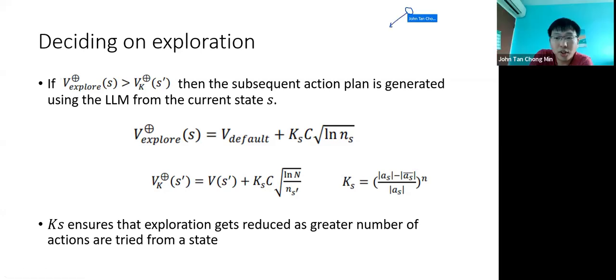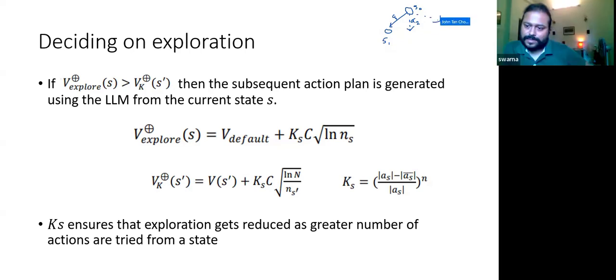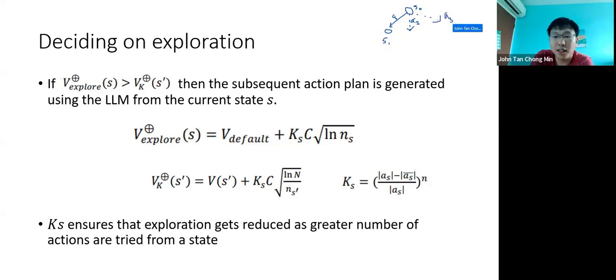In traditional Monte Carlo tree search, you actually do some form of exploit for each action. Let's say this is state 0, and this goes to state 1 with A1, and then you have A2 over here, which is untried, but you have an exploration term to bias it to try that, and you have an A3 here, or as many actions as you can. All these untried actions are biased using the exploration term.